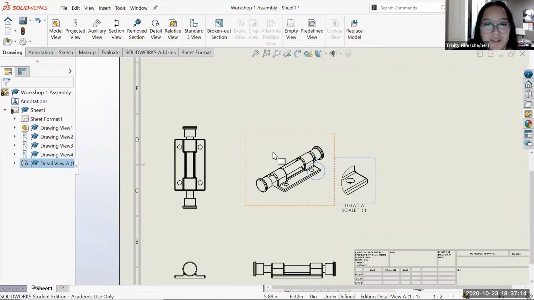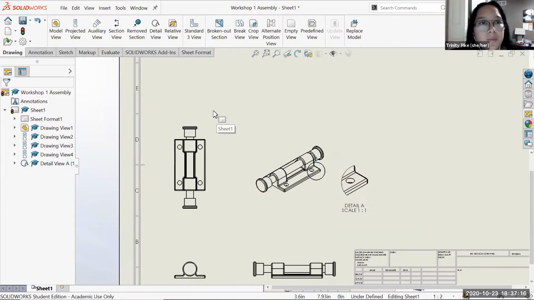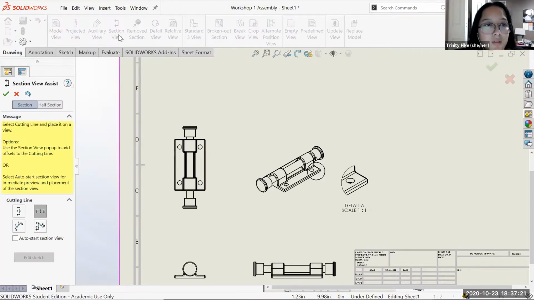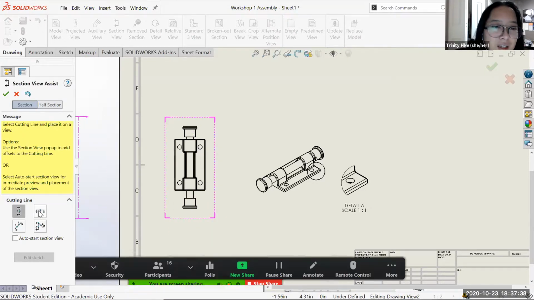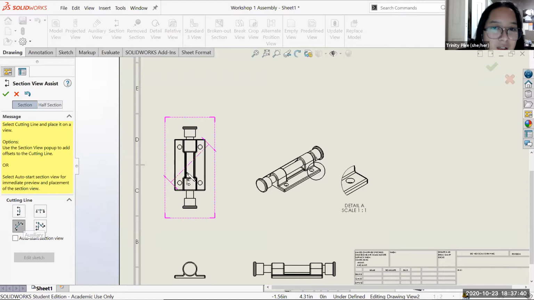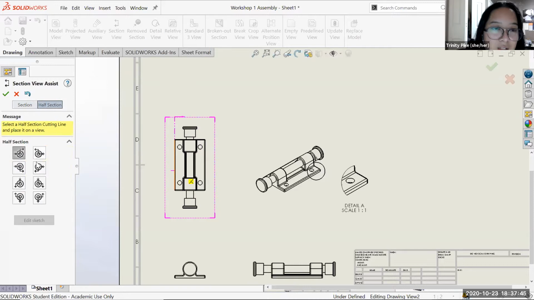So now we're going to add a section view. So I'll go back up to this button right here, which is a section view. So the section view will basically use this line and cut through your part and then show you the view of that cut portion of the part. So I think this will be better explained visually, but I'll just go through a couple of the options that you have. So you can cut vertically, horizontally, diagonal, aligned, and there's also some half section options as well